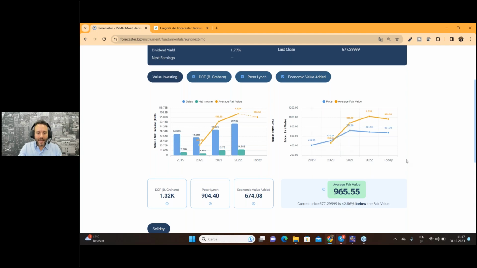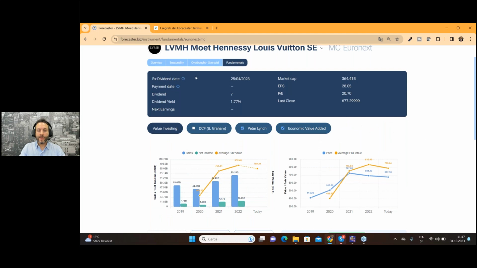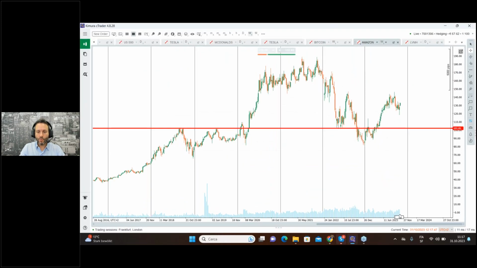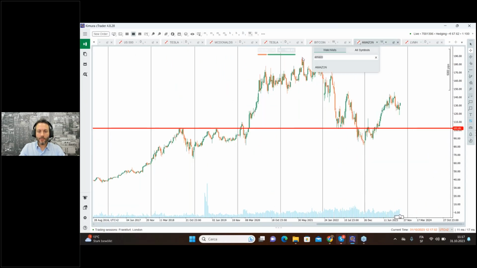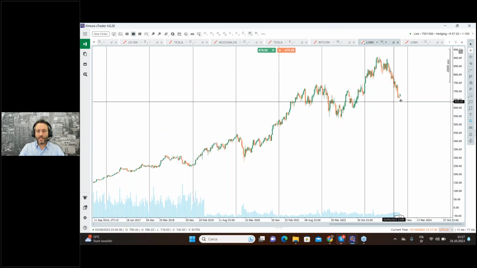And even if we eliminate the method that returns the highest result, which is precisely the discounted cash flow, we still find the stock undervalued by 16%. This is extremely interesting because we have a stock, precisely LVMH. We put it this way, so we can see it better, LVMH. We have a stock that, from all-time highs,